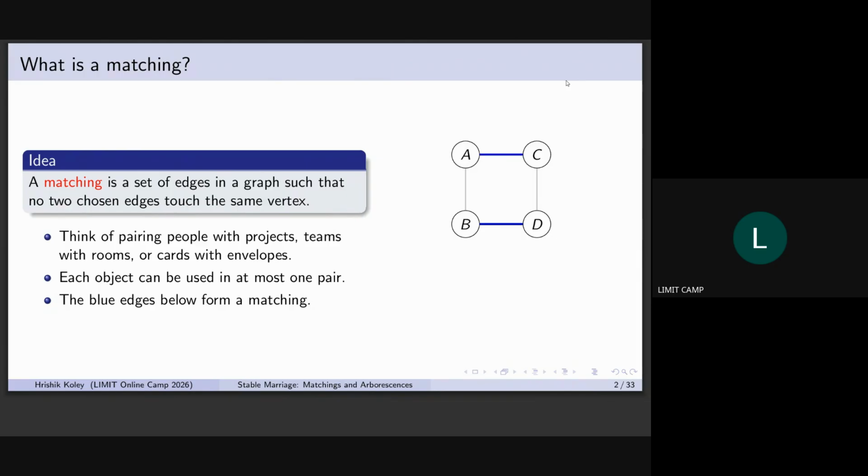So basically, a matching is a set of edges in a graph such that no two chosen edges touch the same vertex. Like in this example, you can see that this is a graph on basically four vertices, and then you take the edges AC and BD, and these two edges share no common vertex. You can take other examples like